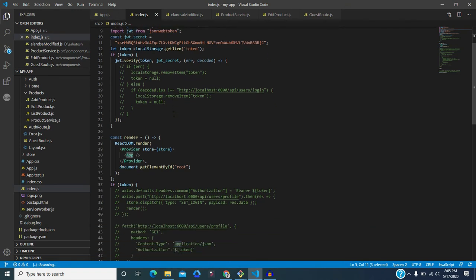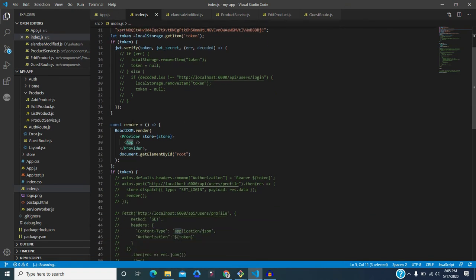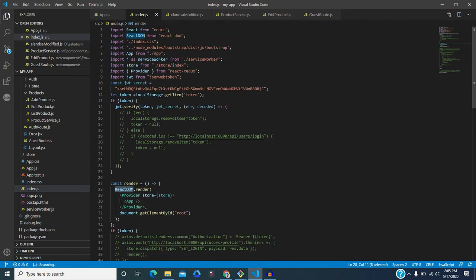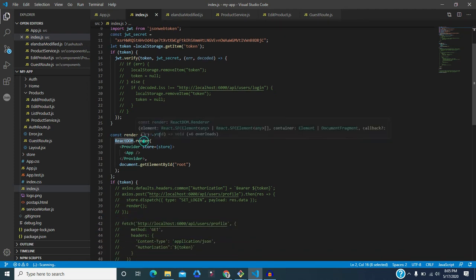So basically we are using it here. This is the render method, and in this render we are using ReactDOM. This ReactDOM is also imported from the React library. It's an inbuilt library, ReactDOM. Once you import it, then you can use its render method. Let's see what this render method is doing.